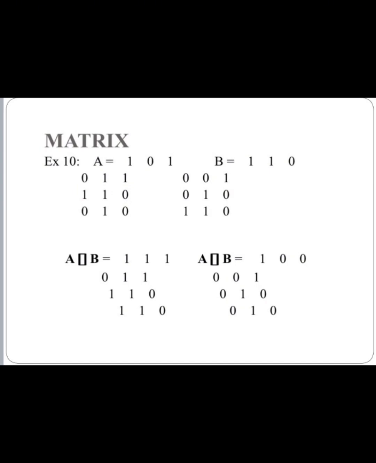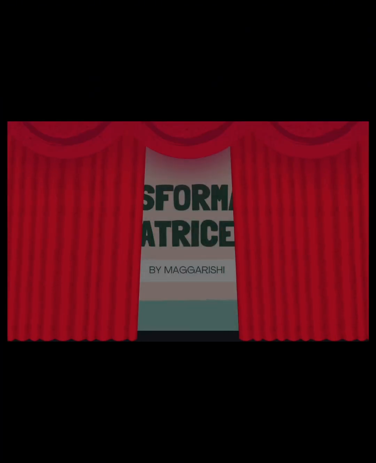Results. The join of A and B is computed as follows. For each entry, take the OR of corresponding elements in A and B. The result is a matrix where any